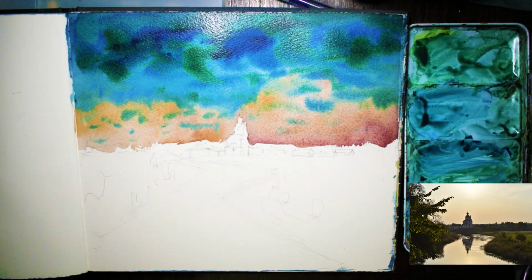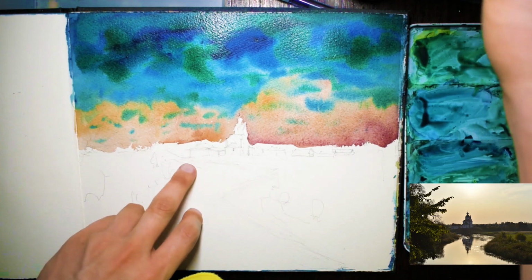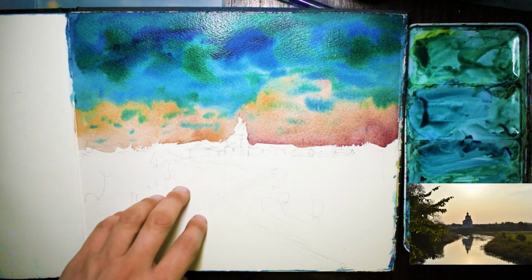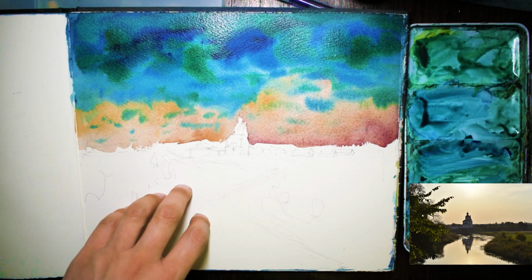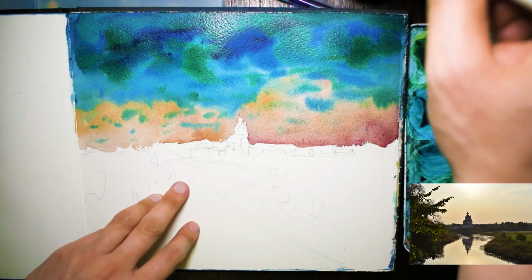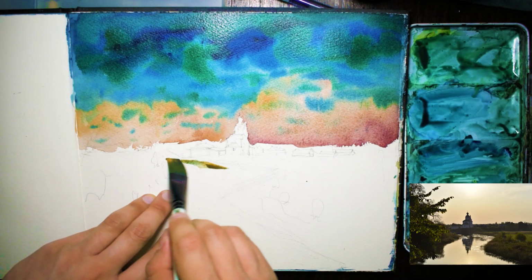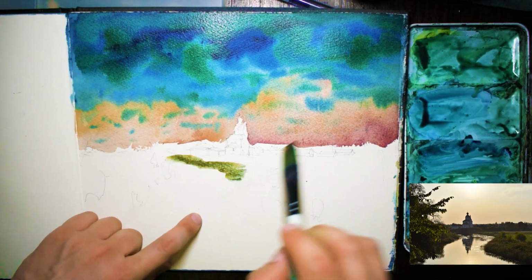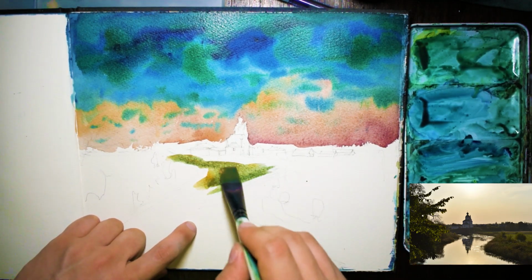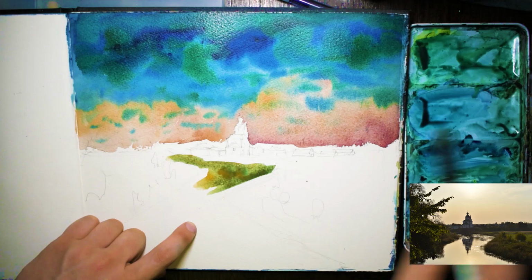So I'll let that do its thing, and what I'll do now is I'm going to get in this area of the water, and we're going to mimic the sky by going in with a bit of red, tiny bit of red and a bit of that orange, just a warm color firstly at the top, so around here. So just where the river starts, just around here, mimic that color of the sky and carry this down the page. Bit more orange in there,